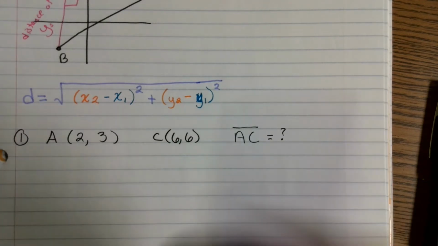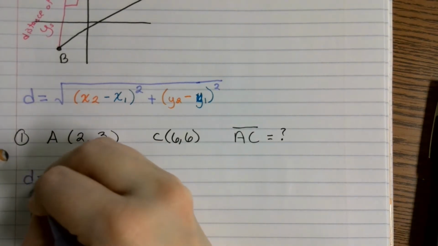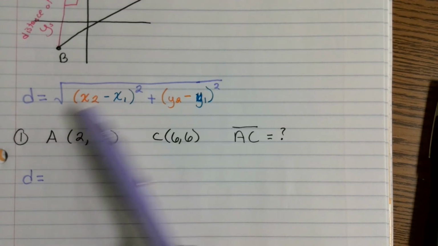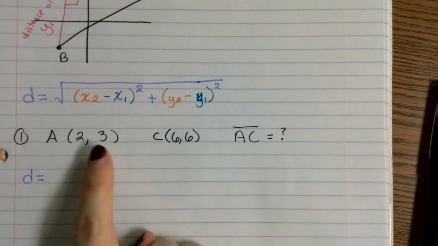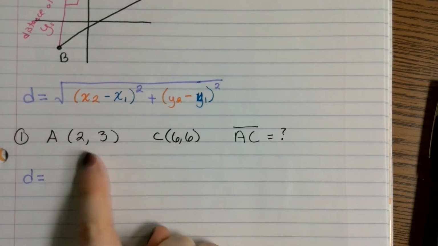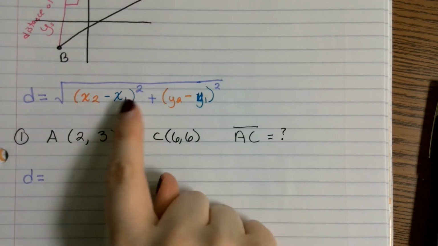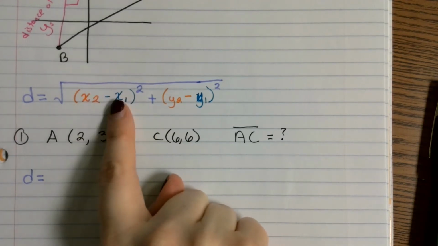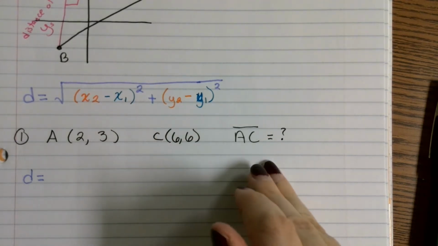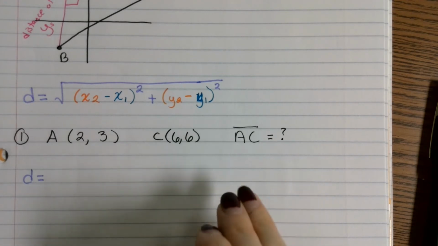So once again, our formula first needs us to label our points. Do you think it matters which one I label as my first and second? No, it does not matter. You will still get the same answer. The reason you get the same answer is because even though you are subtracting, and yes, 7 minus 2 and 2 minus 7 are not the same thing,